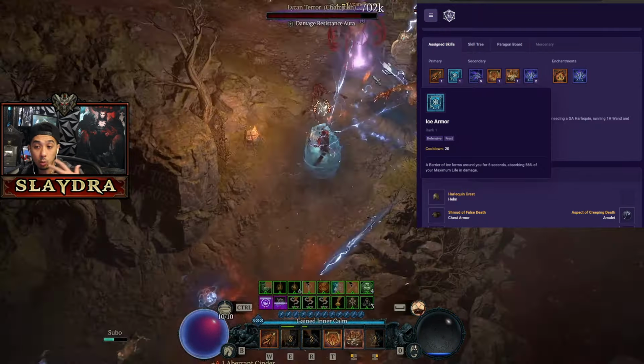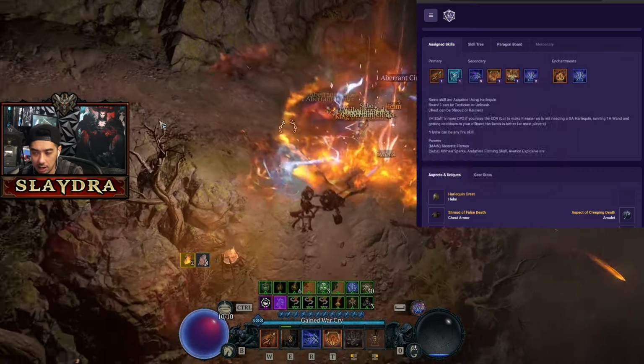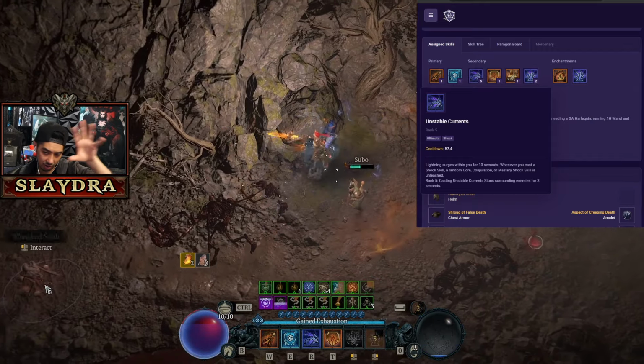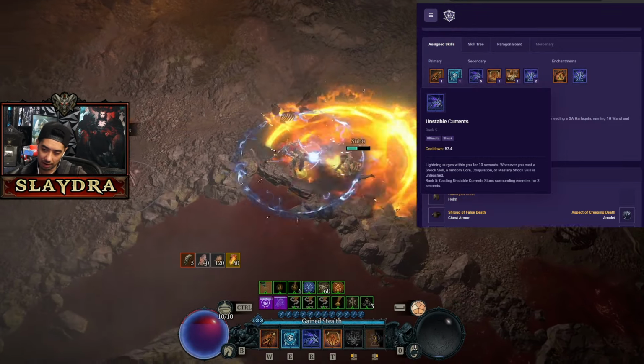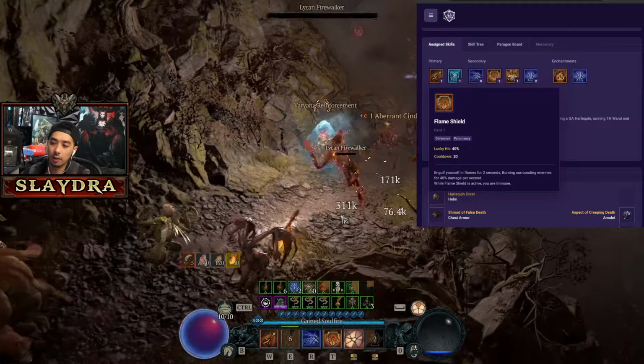Ice Armor will give us 100% unstoppable. Just activate it whenever you have it up, and it's really easy to keep it up the whole time. Unstable Currents gives us extra attack speed. It activates all these other lightning things, and because we're spamming teleport, we can get these extra bonuses for some other sources of damage. And then we have Flame Shield, just like a lot of other Sorc builds, because it's